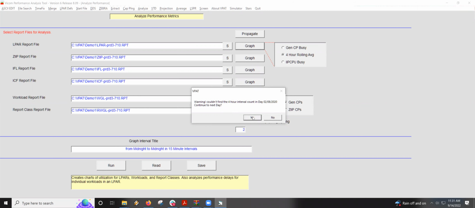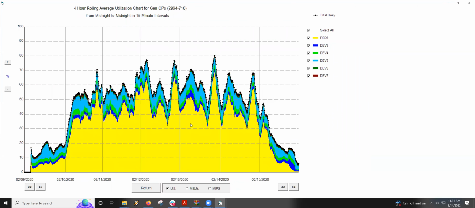So let's just continue to the next day. So we will do that. And now VPAT is estimating our rolling 4-hour average. So it started at the beginning of the 9th, and it's estimated 4 hours, and then it's beginning to average the utilization. So we can see that as that progresses during the month, and we can monitor this, and it should help us adhere to some software pricing